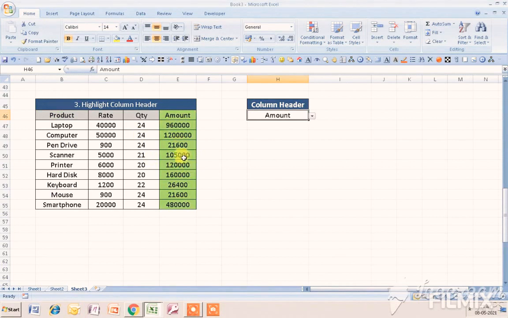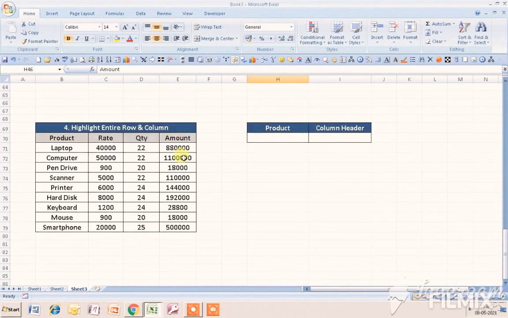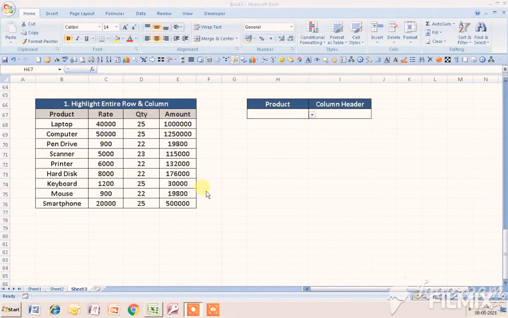Now I will show you how to highlight the entire row and column at the same time. The fourth is to highlight the entire row and column at the same time. I have created the drop down list of all the products that you can see here, and under the column header, I have created the drop down list of all the column headers.